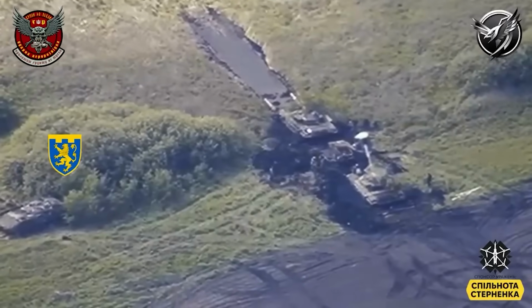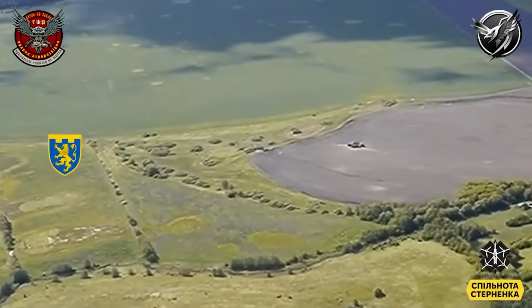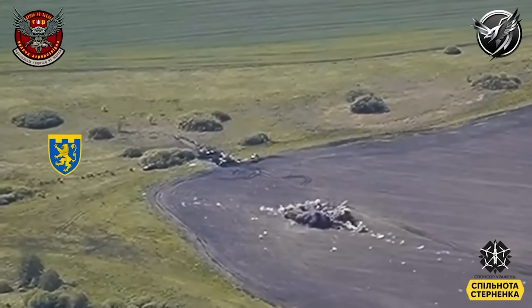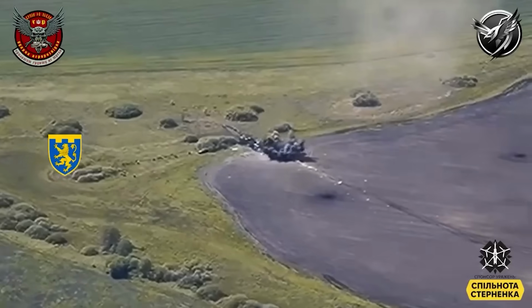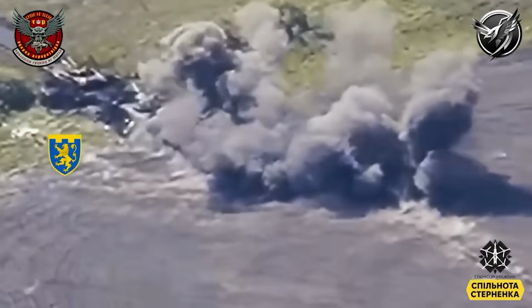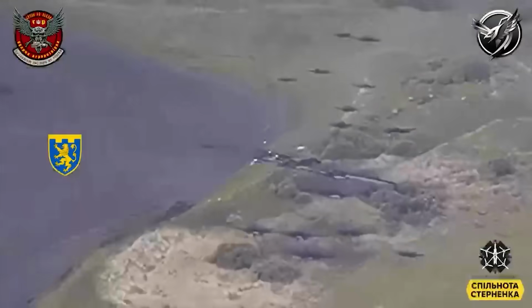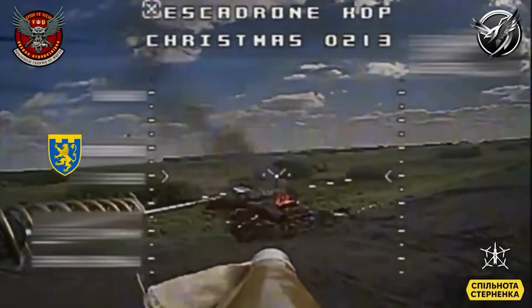Hello everyone. Here's a nice little strike by Ukraine on an accumulation of Russian vehicles in Kursk, gathering near the border with Sumy. It's an odd cluster of vehicles, two tanks, two diggers, and some trucks and an MTLB. It seems the diggers may be trying to dig out the tanks after they got stuck, but I can't be sure. I don't think they're digging revetments for the tanks, as surely those would be dug before the tanks actually